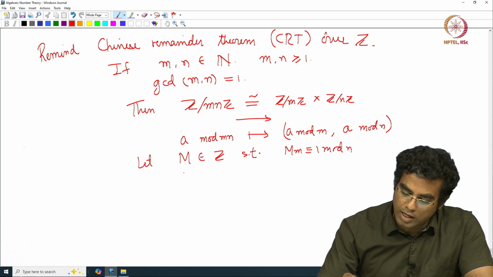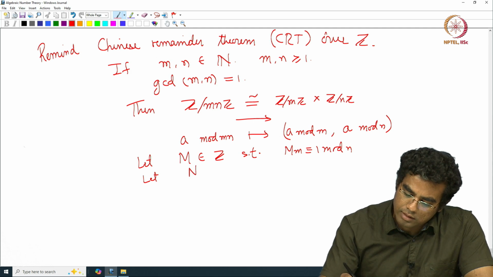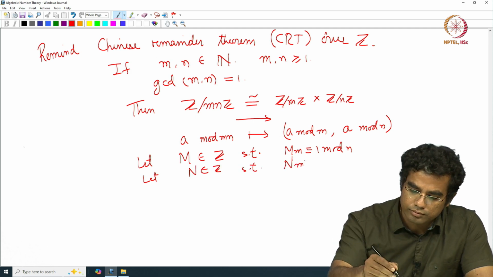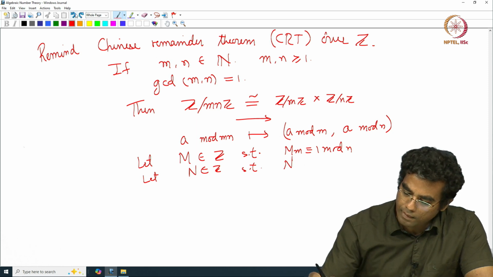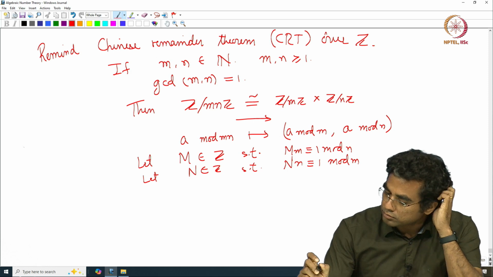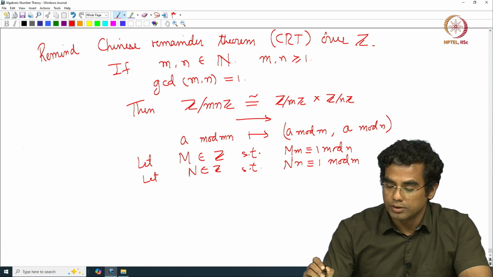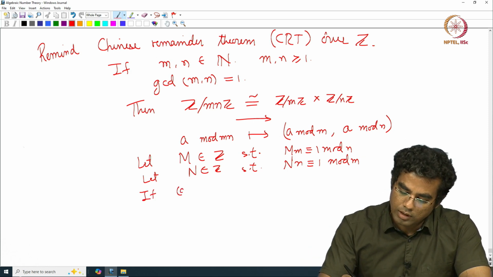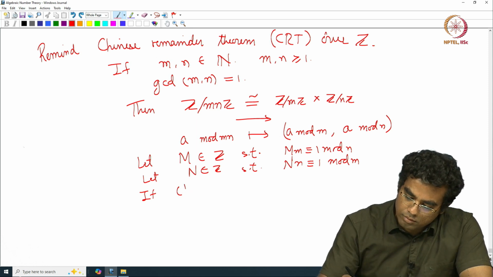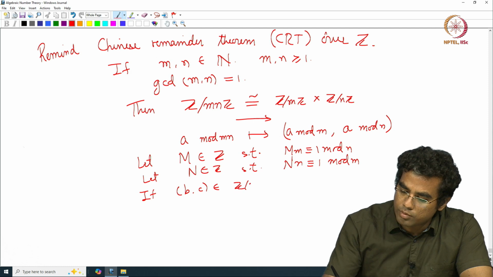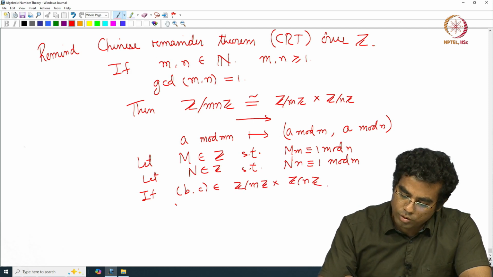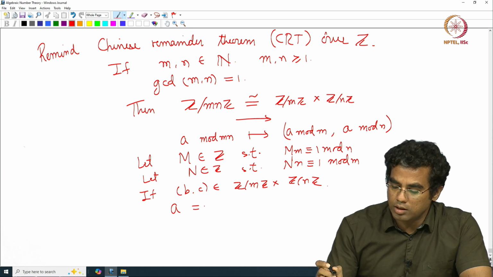So, we can always do that, and let n' be in Z such that n n' is congruent to 1 mod M, right. And so, okay, let me use a different letter. If b and c are in Z mod MZ cross Z mod NZ, then you can take a to be